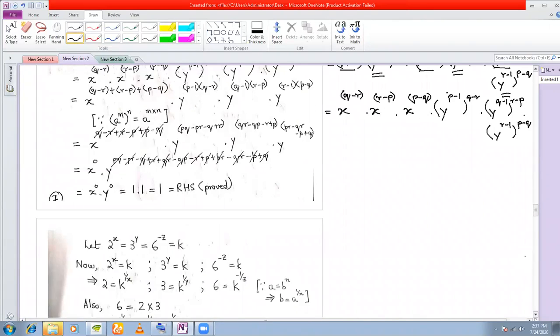Okay. Now see here, I have the bases same. I have x, x, x as the bases with different powers. That means the powers can be added. x to the power of q minus r plus r minus p plus p minus q. And you see this form is what? (a to the power of m) whole to the power of n form, right? That means a base raised to a power raised to another power. That means I can take the product of these two powers, which is equal to a to the power of m into n, right? So therefore, what I do is